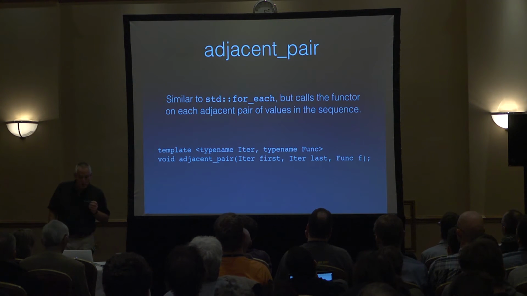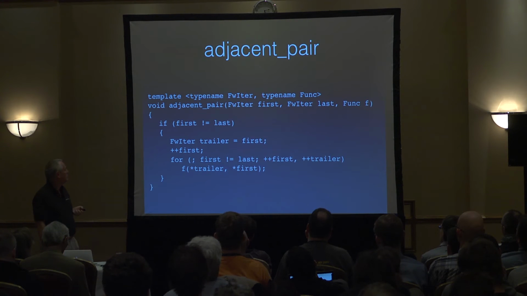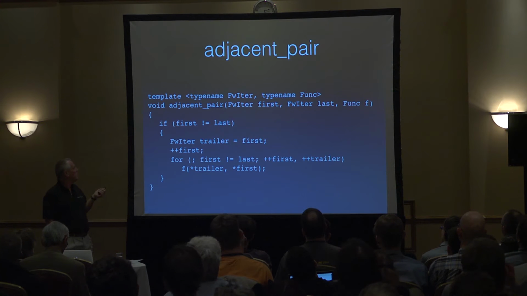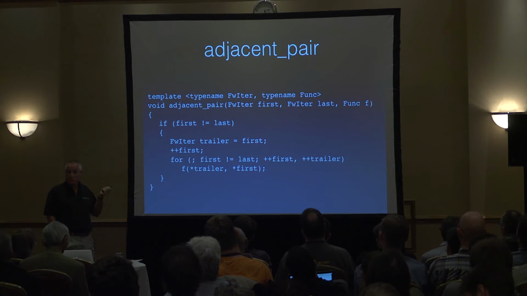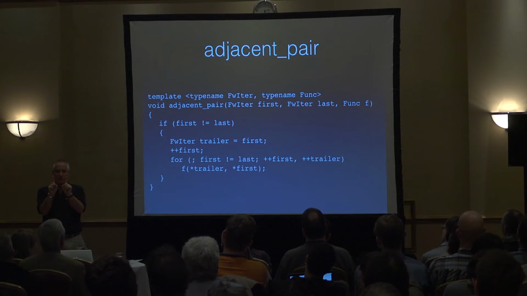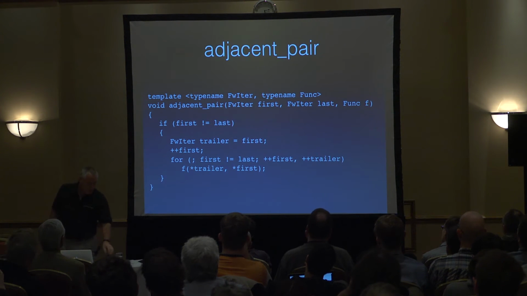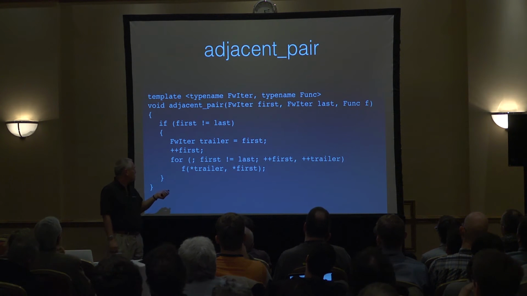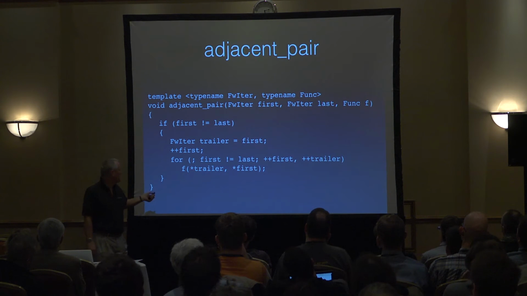Okay, so we've thought about that. Great. So let's just see how this would go. We say, if first is not last, because if first is last, there's nothing there, and we're done. We drop a trailer to start at first, and we increment first. Now first is pointing at the second element of the sequence. And then while first is not last, we increment first, we increment the trailer, and we call the functor